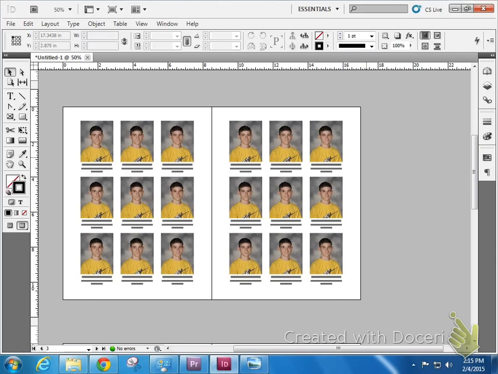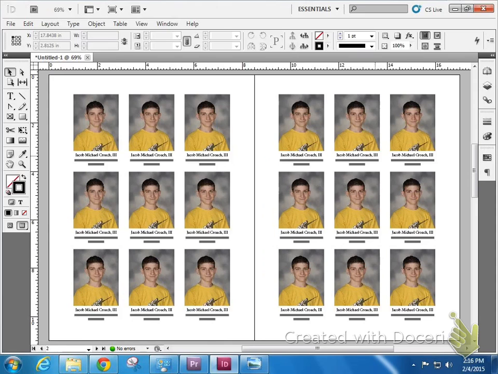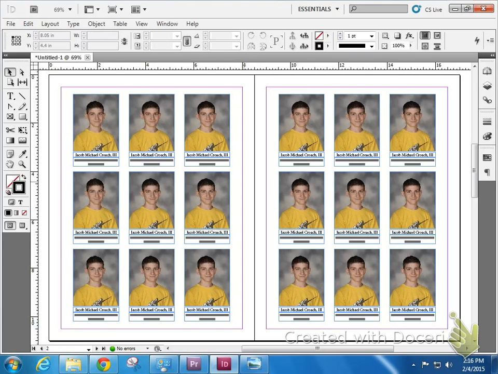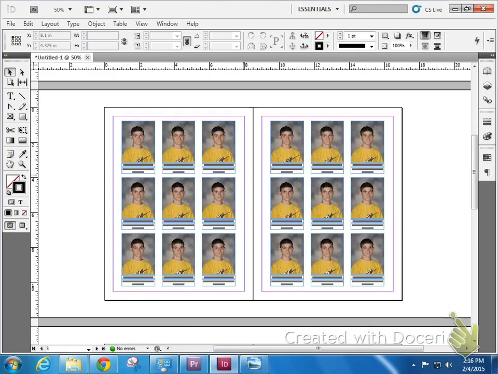But a lot of seniors don't go and take their pictures until the very last minute. So now you have a problem. If you put all this in alphabetical order and somebody else in between comes later, you have to manually shuffle them all in continual order, right? So there's a smarter way to do this. The way I would do this setup is